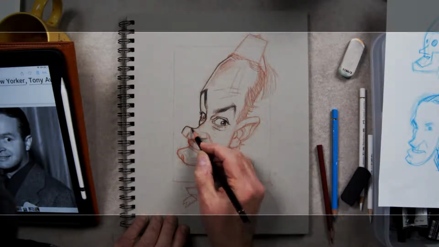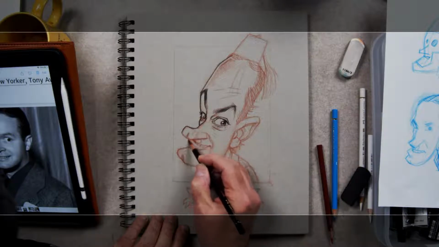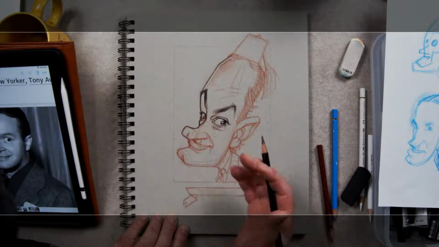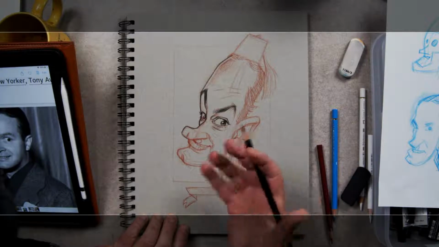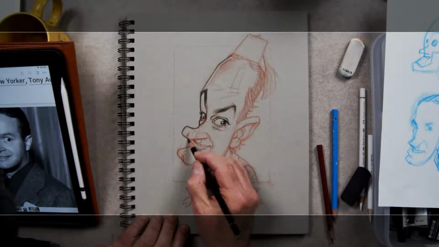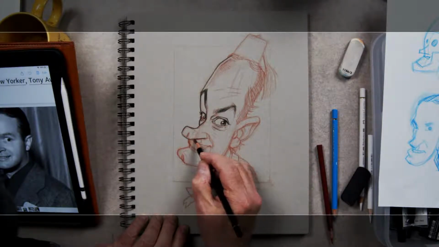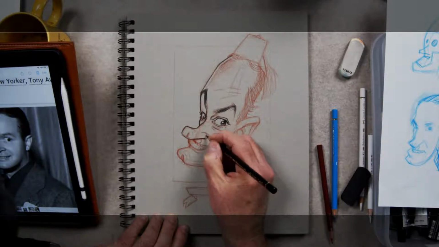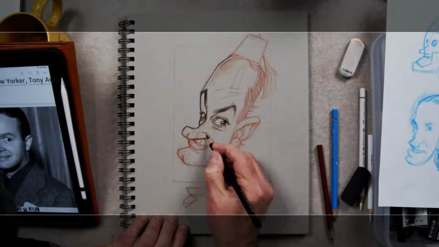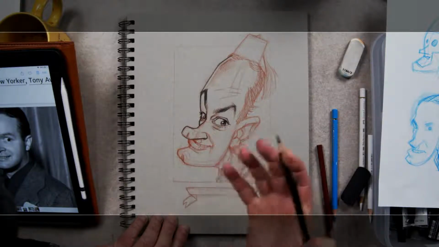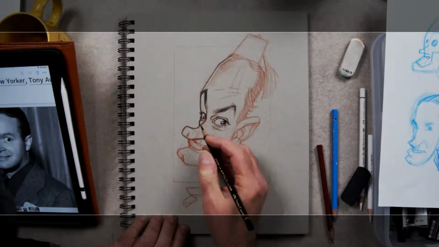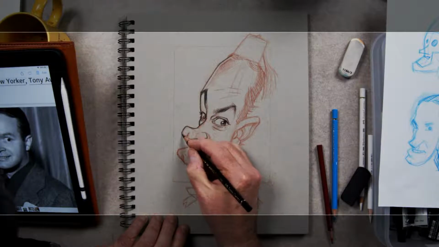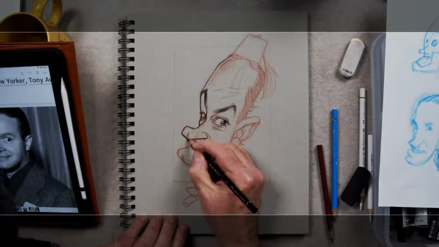It's got a lot of nice shapes on his face, so it's a good subject. It's actually quite a pleasant experience to draw a face like this, because it presents a lot of diversity in the shapes, and that's always a good thing.